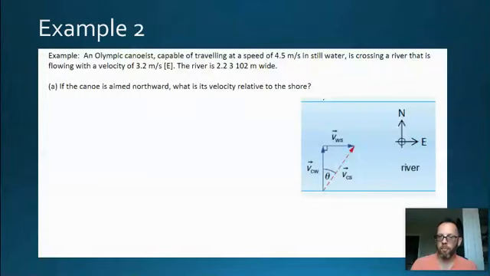Let's do one more example. So this one, the math will be a bit easier because we'll be using strictly right angle triangle trigonometry. So here we have an Olympic canoeist, and something got lost in translation here. So they can move at 4.5 meters per second in still water. So if they were on a lake,